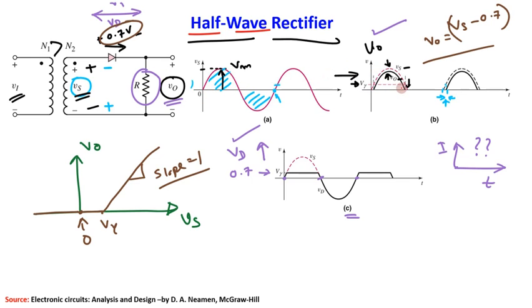Power is only dissipated in the positive half. Negative half, no power because current is 0, right? There is no power dissipation. So from that point of view, it seems that half wave rectifier is fine, right? Because it is using only the positive half, that way we are getting some DC. But here I would urge you to also think about this portion, right?